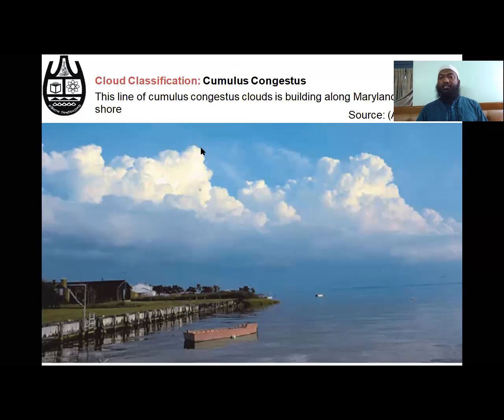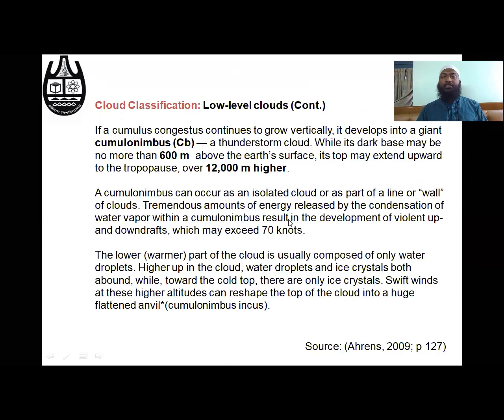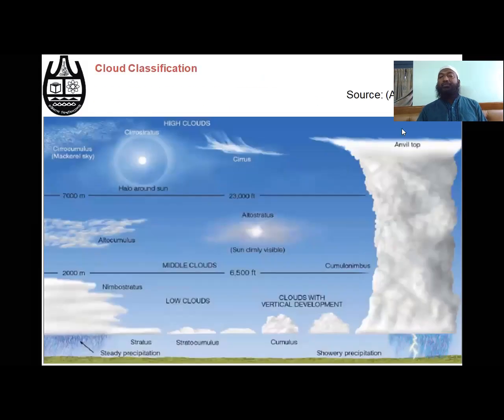You can see these are looking like a cauliflower, each of them looking like cauliflower. And when it's further developed, then this structure will change, such as in a cumulonimbus cloud. And the last one, but the most important one, is the cumulonimbus cloud, which can start from 600 meters above the ground, and it can extend up to 12 kilometers. So 12 kilometers means it can extend very high, all the way to high level clouds. So this is the cumulonimbus cloud, which starts very low in position, but you can see it started from